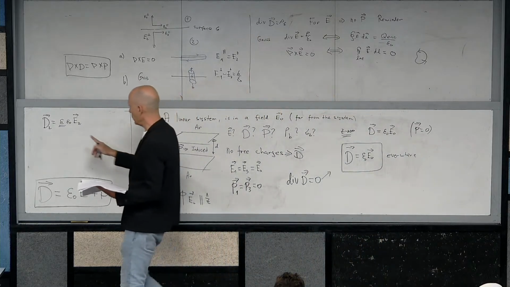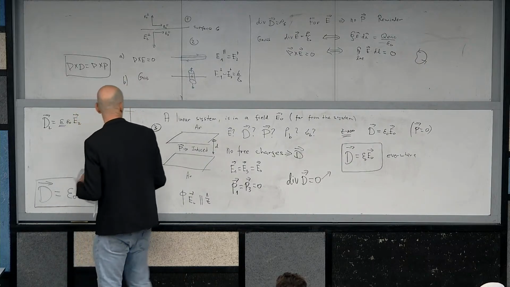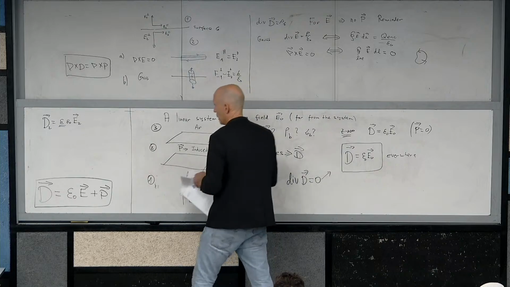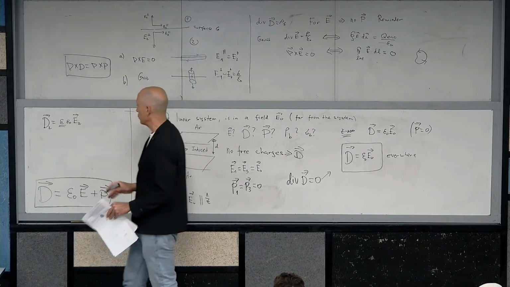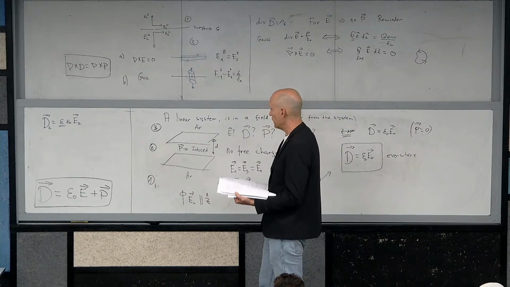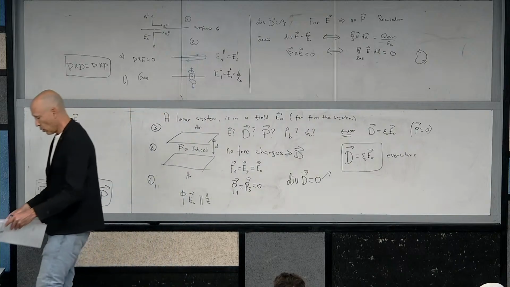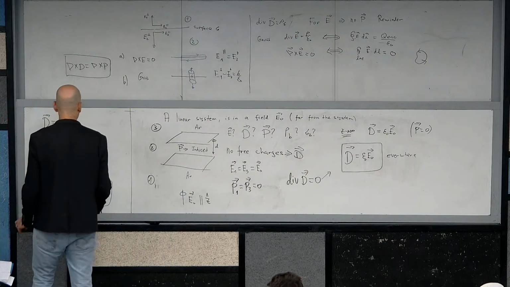It's not the E. Only here I have the epsilon. Up to now there was no epsilon. Here I had epsilon 0. That's why Griffiths called it epsilon R, so not to make these type of mistakes. So now I know what D is, because I know D again everywhere. So what is D? D is epsilon 0